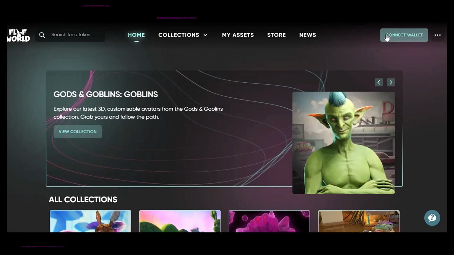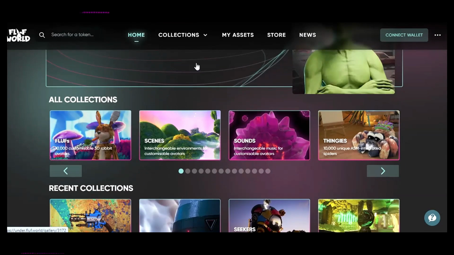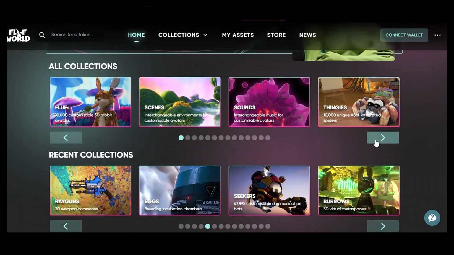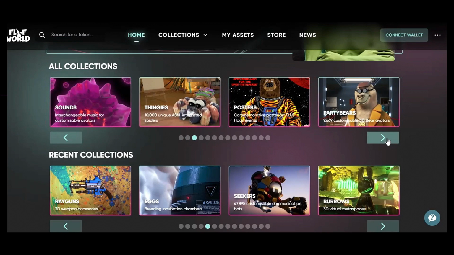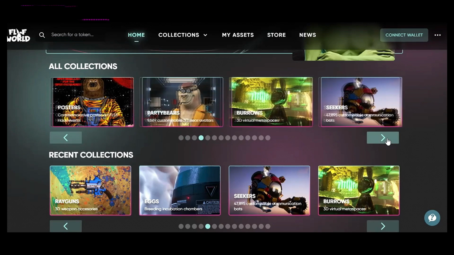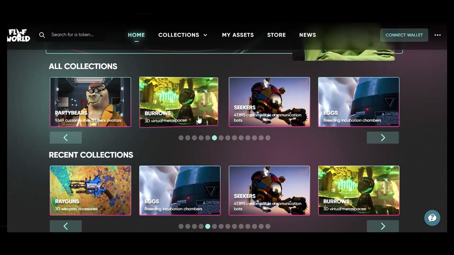You can also connect your wallet and look at your own assets, though the FuturePass is a better tool for this now, but I still like to use the Underground to review collections. You can see many of the collections I mentioned earlier, as well as some new ones. The burrows, for example, these are 3D virtual metaspaces.